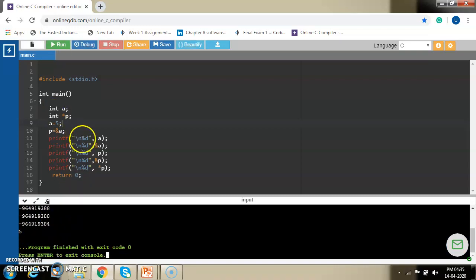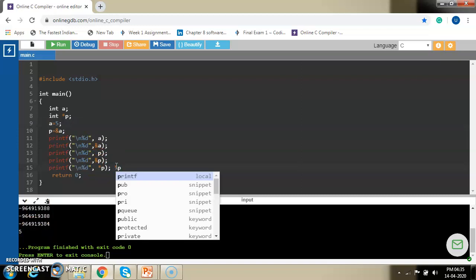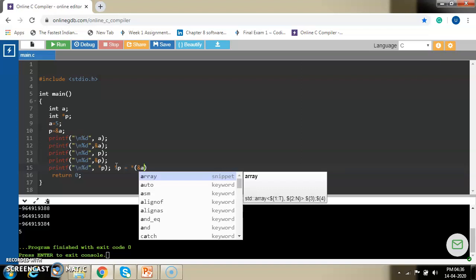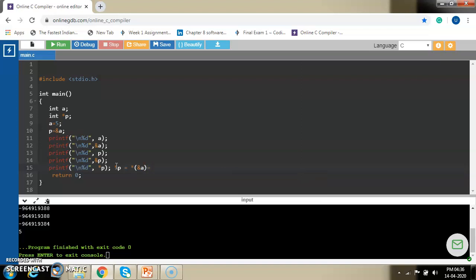So 5. Okay, so pointer p, actually p is equal to what? Ampersand a. Okay, so ampersand a is the address of a, to that I am pointing, and hence it will return the value stored in a.